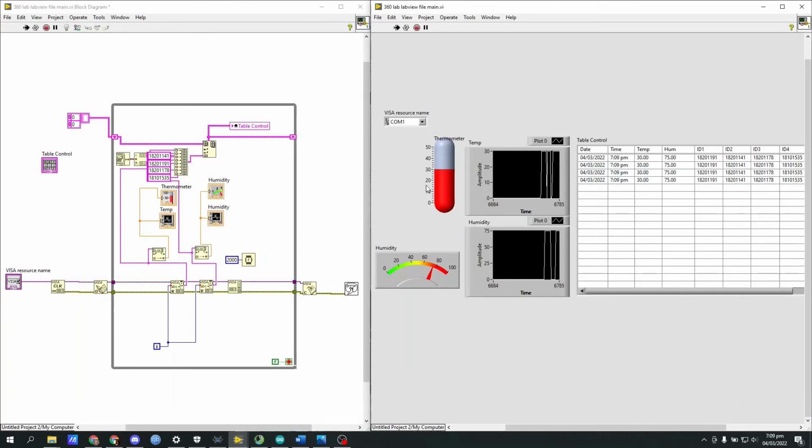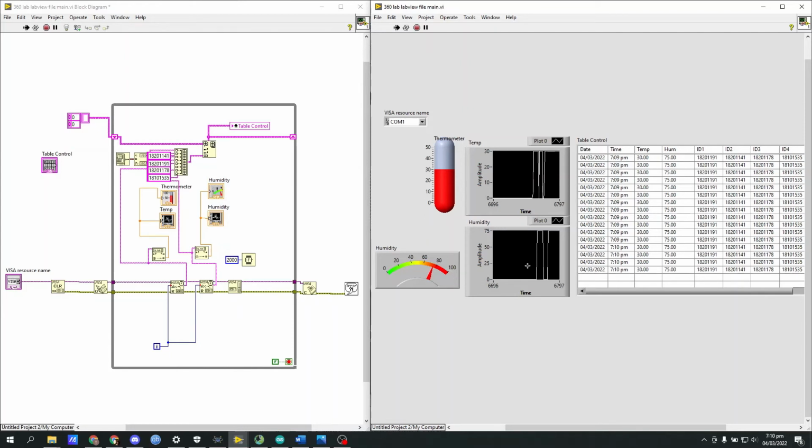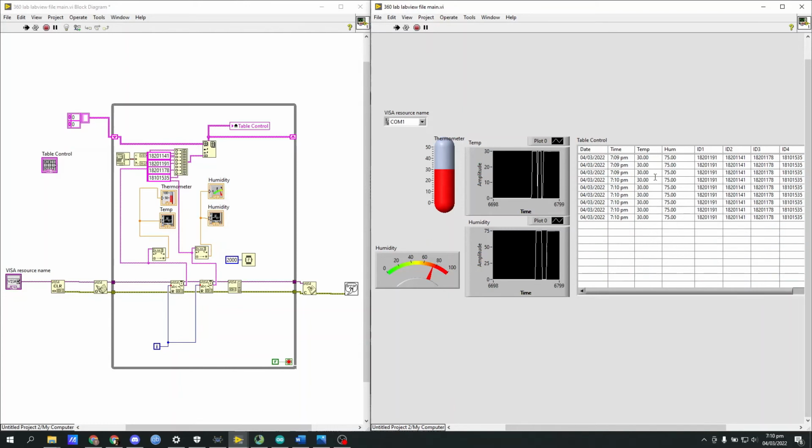So here we have the graphical user interface, and on the right side we have a thermometer to sense the temperature, and a graph that gives the graphical representation of the temperature when it goes up or down. And there is a similar thing for humidity. Instead of a thermometer, here is a meter that shows the humidity from 0 to 100%, and another graph here to show the humidity. And this table updates the values every 2 seconds that we receive from the Proteus software,